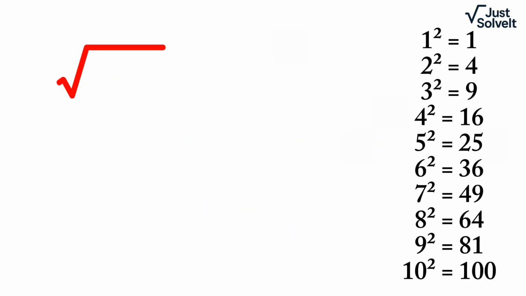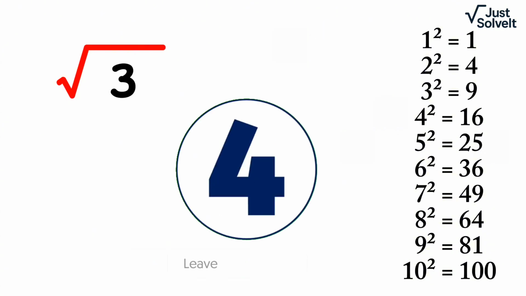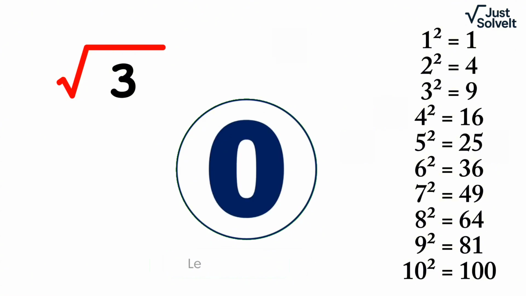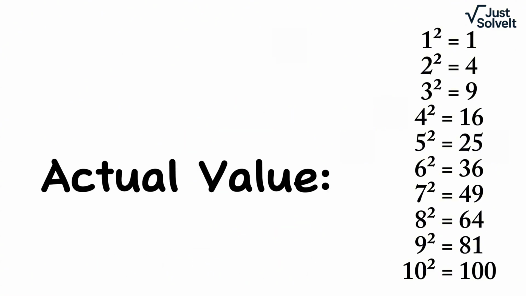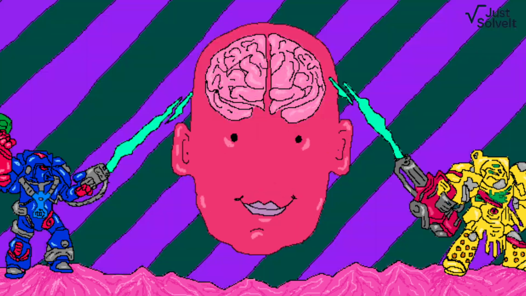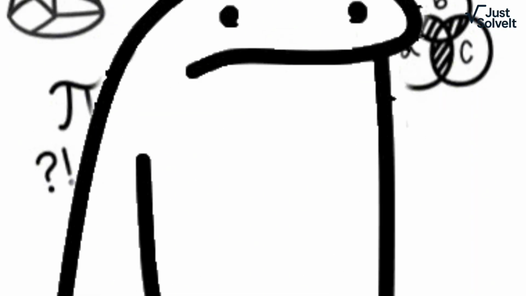Finally, let's test square root of 3. And within 5 seconds. Actual value is 1.732, not very close. This is actually a simplified version of the Babylonian method or Newton-Raphson method, an ancient and powerful technique to find square roots using iterative steps.